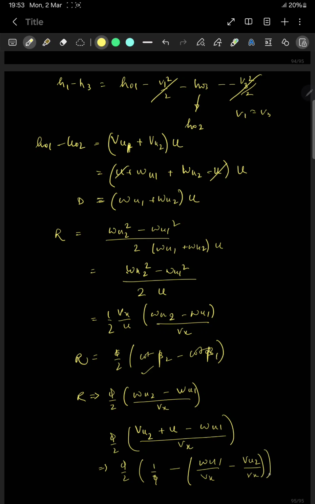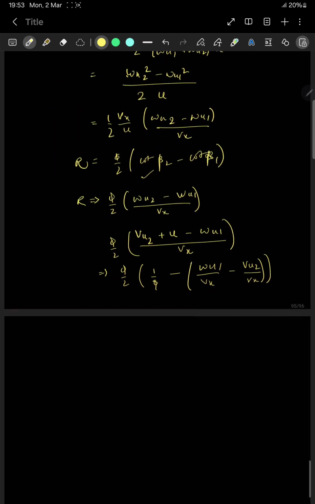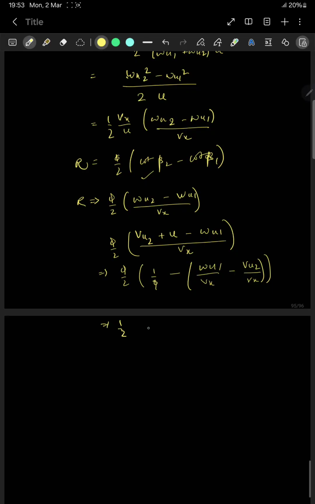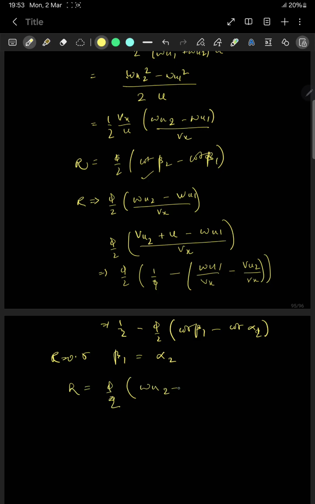So this can be written as half minus phi by 2 into cot beta 1 minus cot alpha 2. So this gives us beta 1 equals alpha 2 when R is equal to 0.5. We can also write R equals phi by 2 into wu2 minus